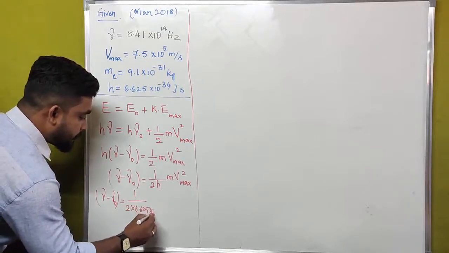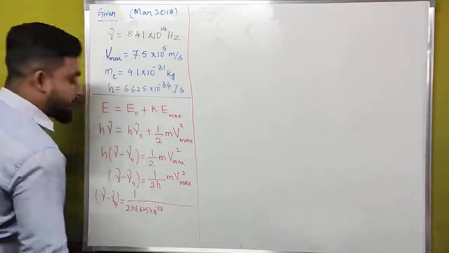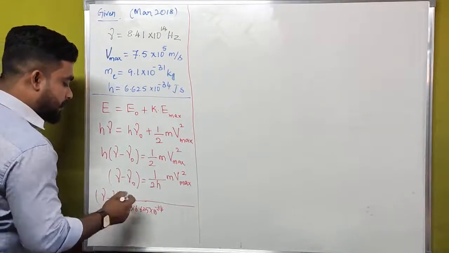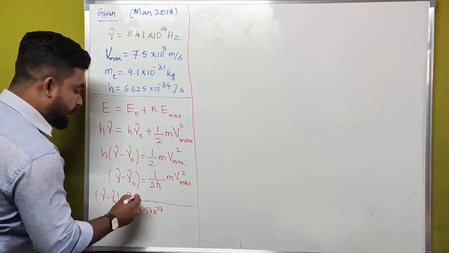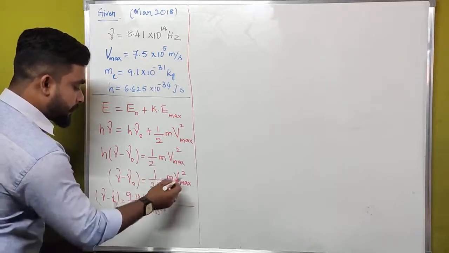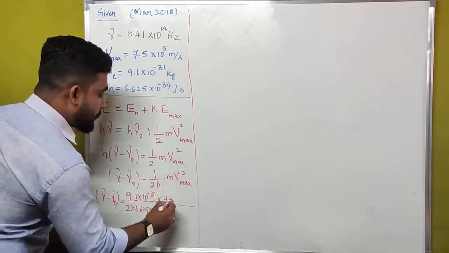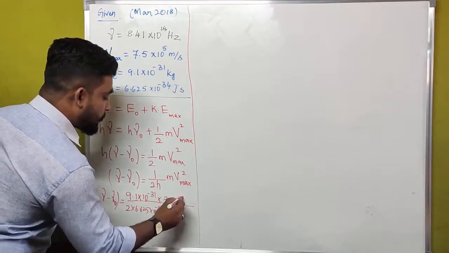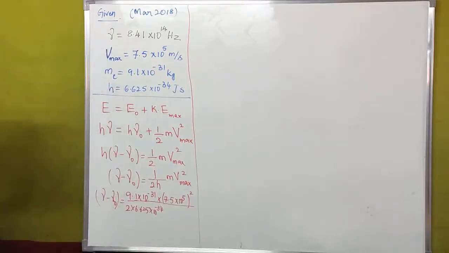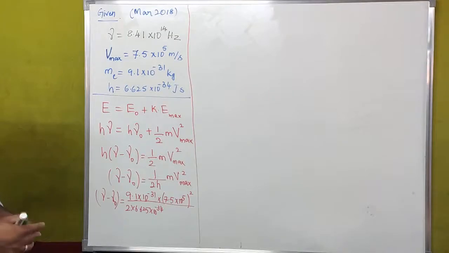That is, nu minus nu naught is equal to 1 divided by 2 into 6.625 into 10 to the power of minus 34. Actually, this is in the denominator. What is the mass of the electron? That is 9.1 into 10 to the power of minus 31 kg. And velocity is 7.5 into 10 to the power of 5 meter per second. Okay. Now, if we calculate all these things, what we will get here is